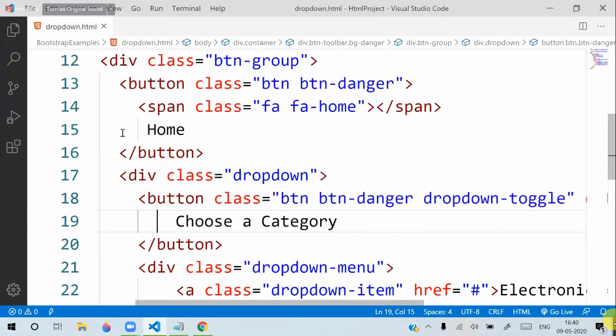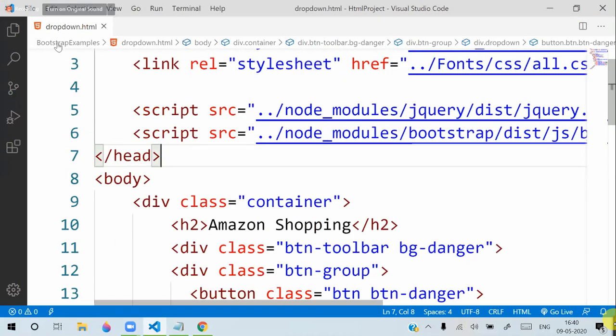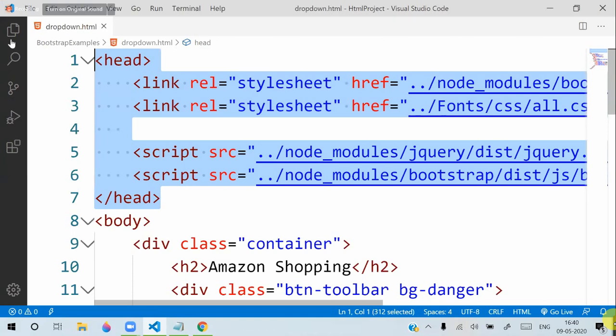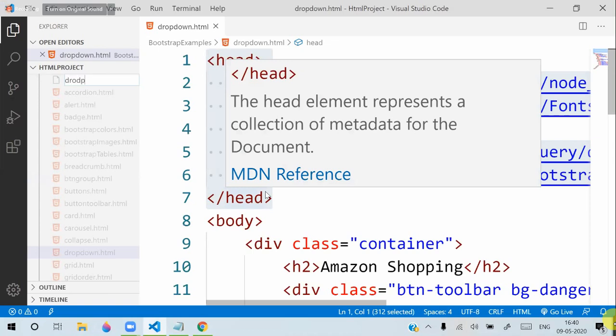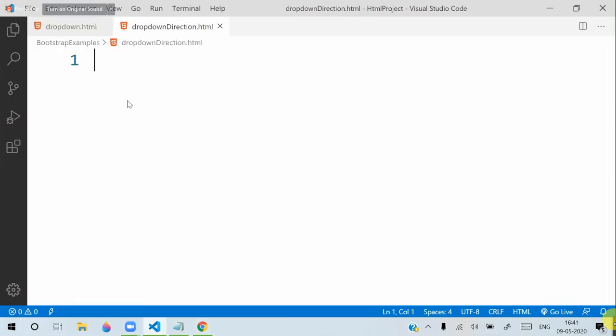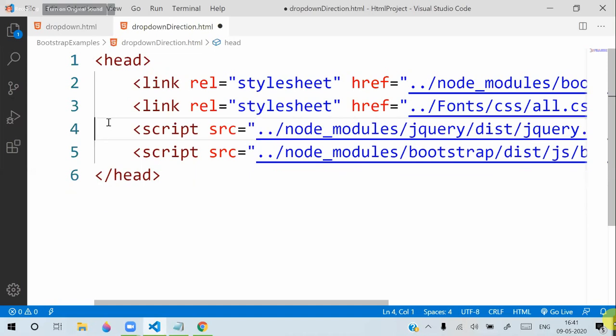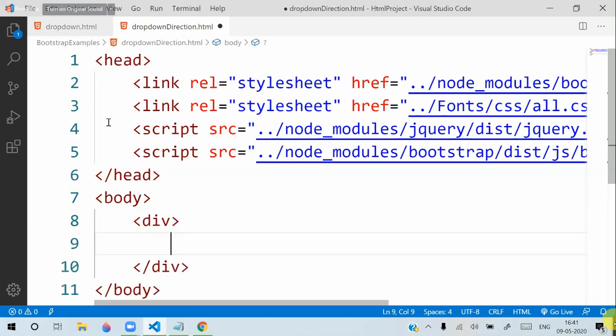So I am removing this. I am creating another file. This is a new copy, and I will name it dropdown direction.html. Okay, let's add another file. The head section is the same, no change in the head section. In the body section, this time I will put a div with class container,